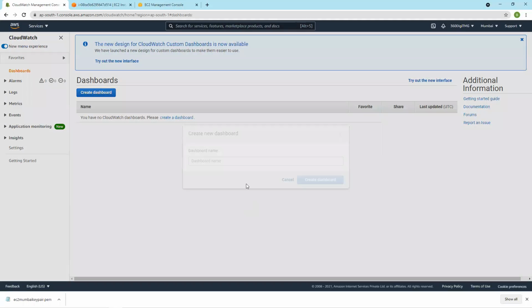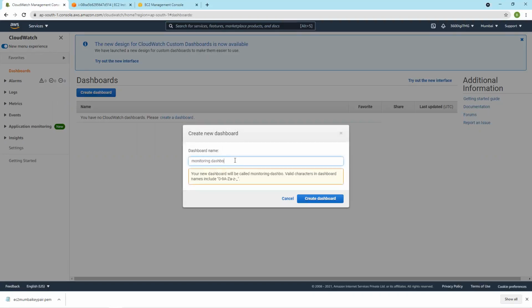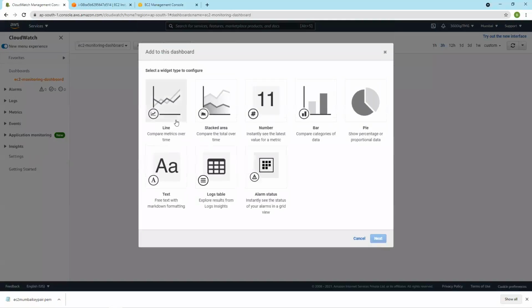Create dashboard. Let us call it monitoring dashboard. Let's say EC2. We will create it for EC2 because EC2 is there, and I also have a database service. Create dashboard. Let us go for line, next.